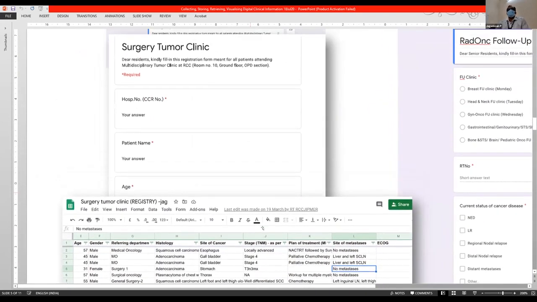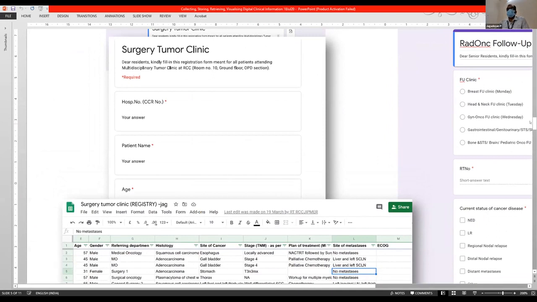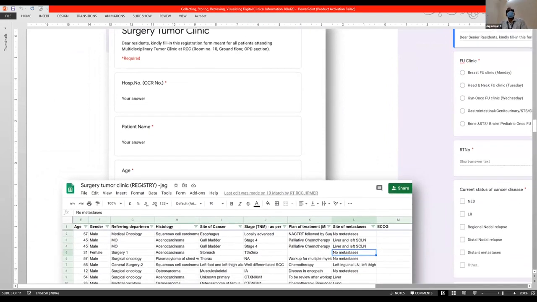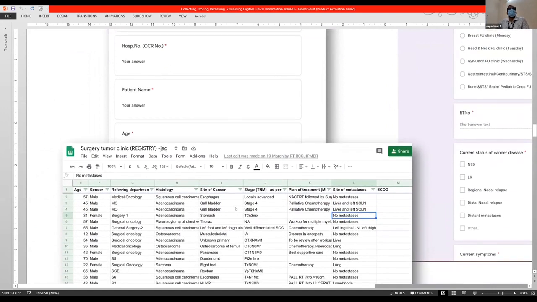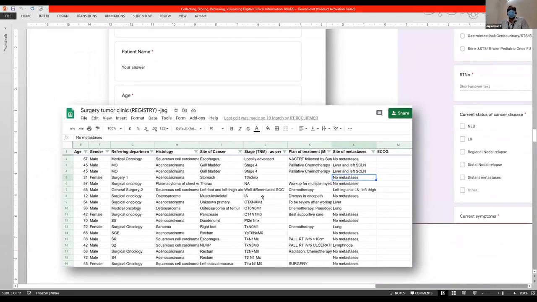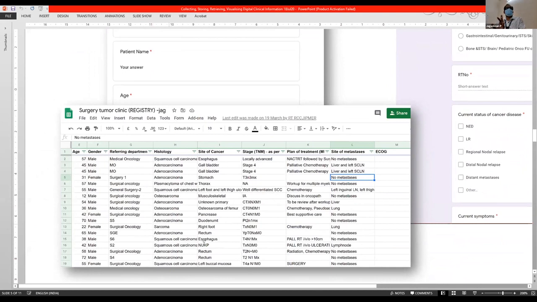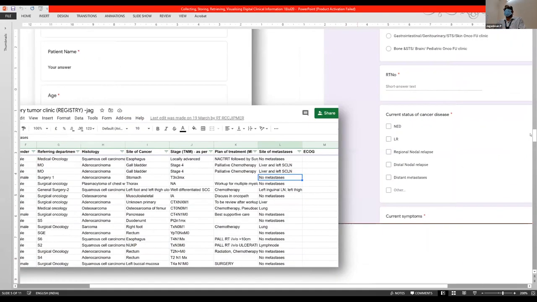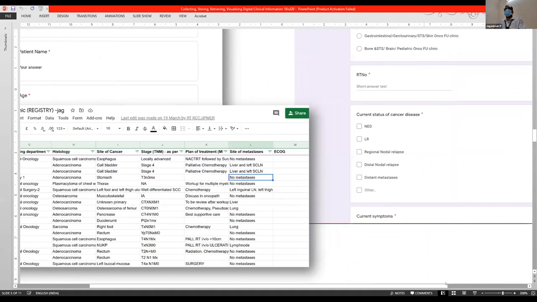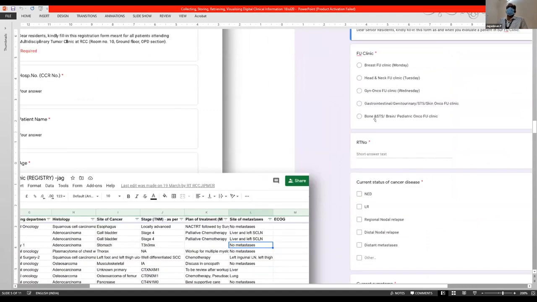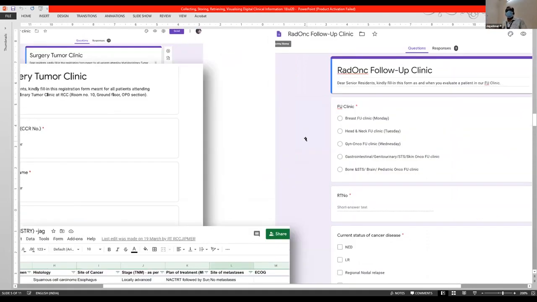And then at the discussion end, I have the Google spreadsheet listed out, and that helps me in finding out how many patients have been evaluated by the residents. This is quite dynamic. As soon as the resident enters from the next room, I'm going to view all these entries here. So we discuss, and then we update the status right away, whatever plan we make for that particular patient. This way, we are able to create a spreadsheet, and we can even save this aspect. The other area where we can collect is specifically the radiation oncology follow-up clinic. Why I specifically mentioned these two areas is because we don't have to fill up large volumes of data. Very probably at the max 2 to 3 pieces of basic information.